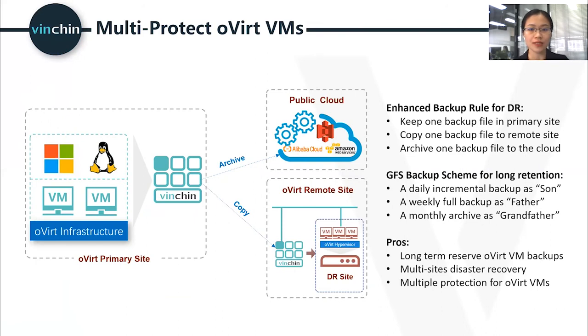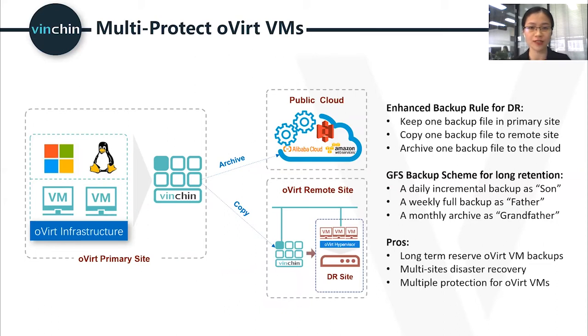To build successful data protection and make sure your data is not lost or destroyed due to any kind of disaster, it is recommended that you save multiple backups in different locations. You may keep one backup file in the primary site and send one copy of your backup file to a remote site where there is another oVirt infrastructure. When disaster occurs at your primary site, you can recover the VM from the backup copy and take over the business